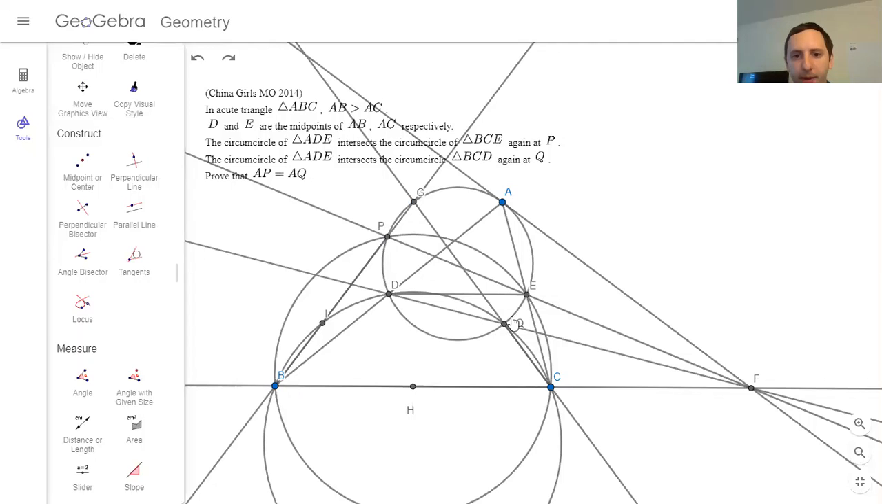Let's see if we can show BP and QC meet on this circle. Is that just an angle chase? Is PGQ equal to PEQ? I think that might be an angle chase, because we want to show this plus this is 180 minus PEQ. But PEQ,